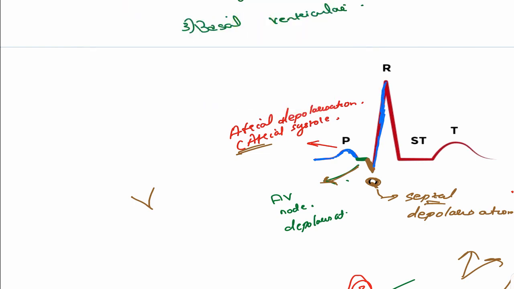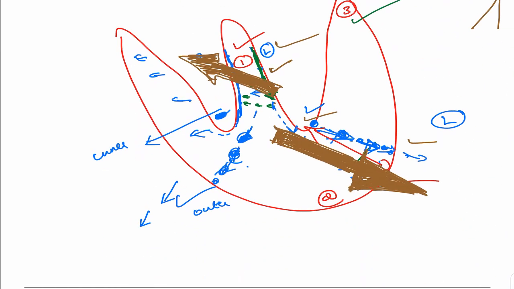And as the conducting system is again very fast conducting, it will be a peak. It won't be a spread-out thing, it will be a peak. So that is what the R wave is: major ventricular depolarization. So Q was septal depolarization, then the impulse came down and we reached the major ventricular depolarization.